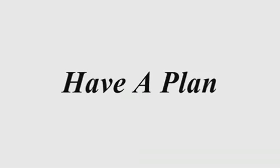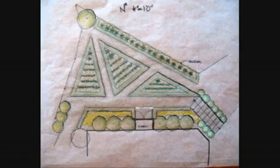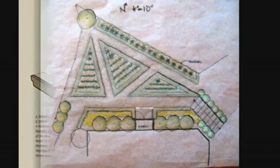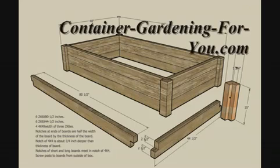A valuable step that you can take is to sketch out your plan. A simple drawing will do. A more detailed plan would be very beneficial. Both will be very beneficial for measurements, shape, and placement of the raised bed in your garden. If you would like to view this raised bed plan as a larger image, just go to our website,